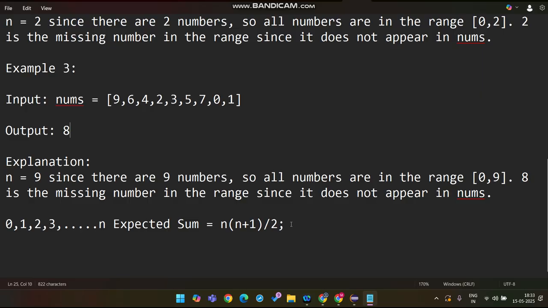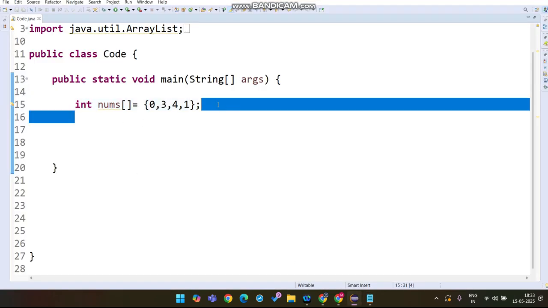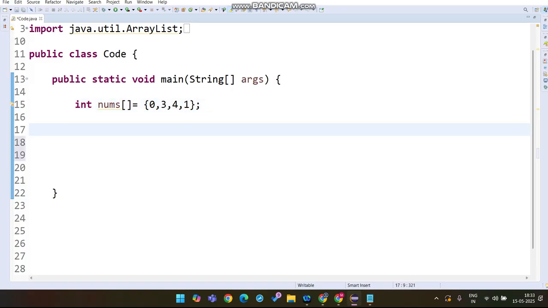Apart from this, there are other methods, like using a loop, or a hash set where you check whether the hash set contains the number or not. But instead of that, we can go through this formula: the numbers are always 0 to n, and the count will be n plus 1, because we are counting 0 also. The expected sum formula is n into n plus 1 by 2. Okay, so let's get started. I have taken this nums array, and as usual, I will declare one static